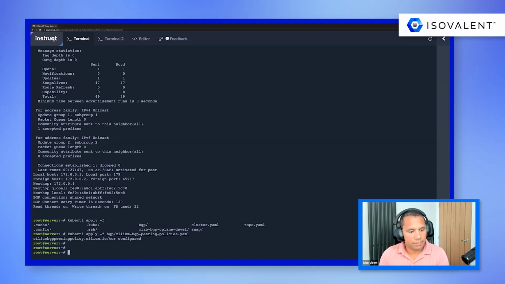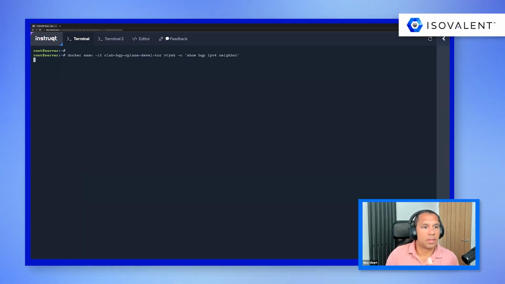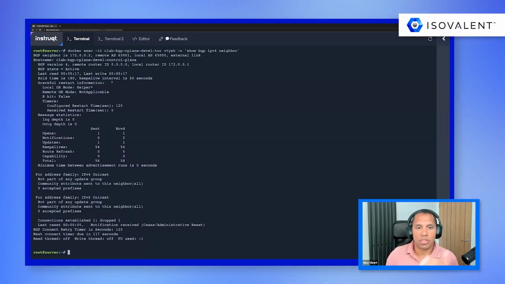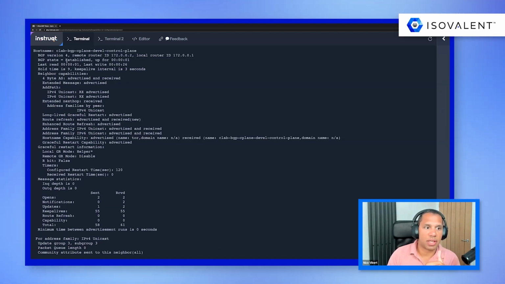Here we go. And while we do this, when we change the timer, the session reinitializes itself, and you can see it's become active. And very soon after, the session is reestablished, and you can see that the keep alives have come down to 3 seconds and the hold time to 9 seconds.